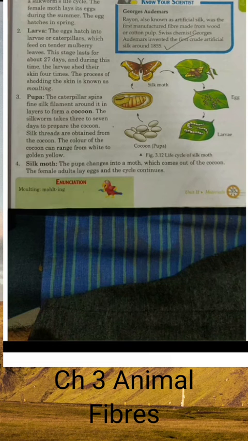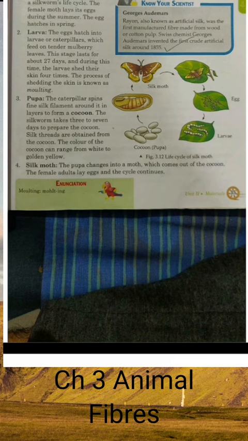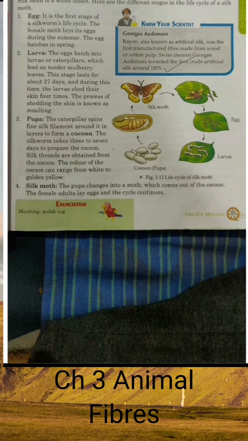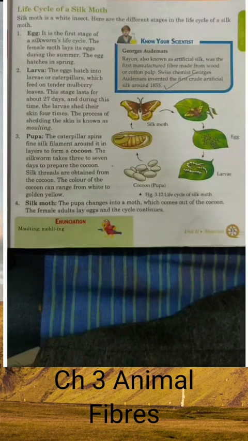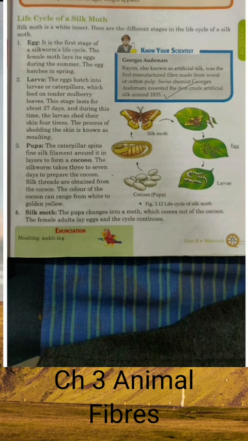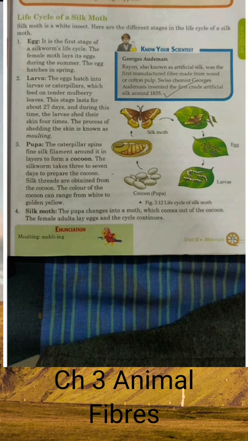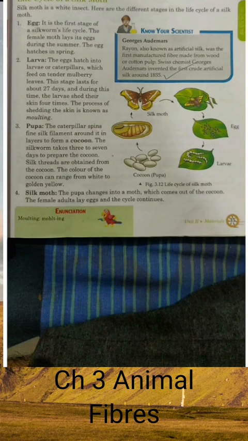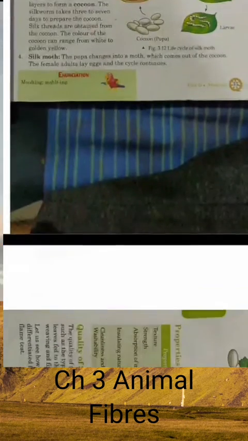When we have to extract the silk, the persons who have been rearing them put the cocoons in hot water. But coming to the next stage, if they haven't been disturbed, after several months they come out of the cocoon as silk moths, which are the adult silkworm, and they will again lay eggs. So this is a cycle that keeps on going.